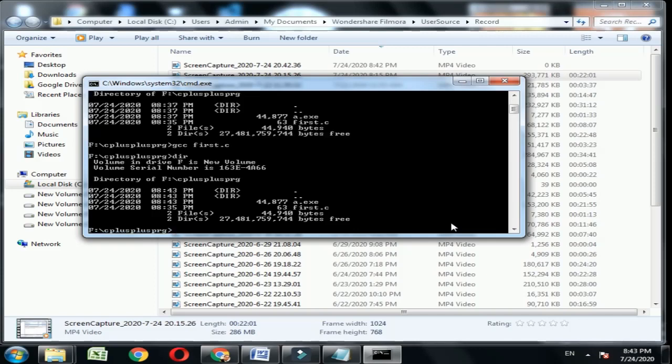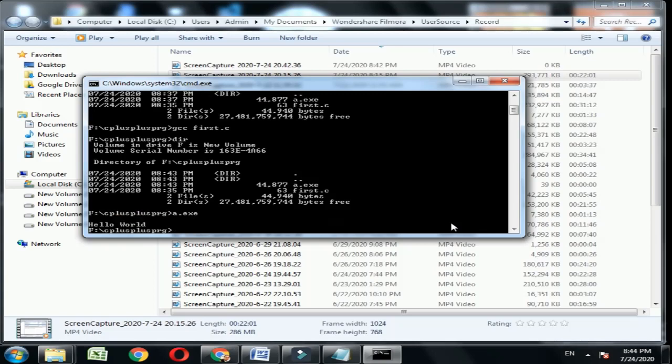Here you can find one more file, that is a.exe, where the output of first.c will be available. So if you type a.exe, your output will appear here. In this way we can check whether our C program is working perfectly fine or not.